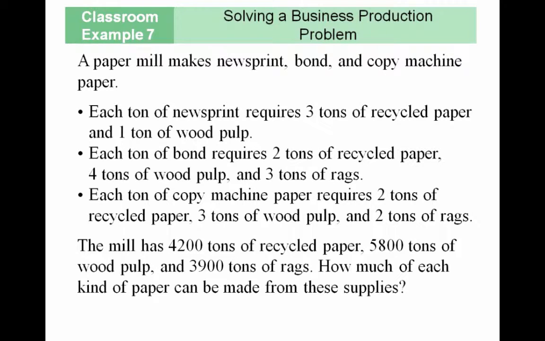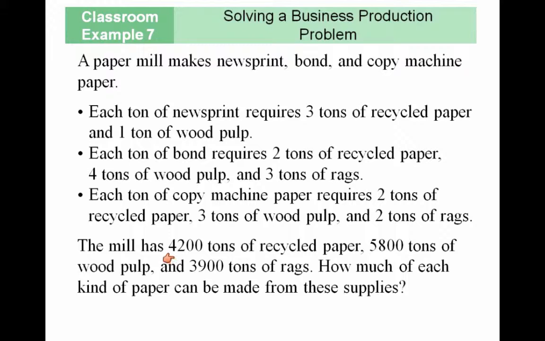So another example, setting up 3 equations and 3 unknowns. The paper mill makes newsprint, bonds, and copy machine paper. Each ton of newsprint requires 3 tons of recycled paper and 1 ton of wood pulp. Each ton of bond requires 2 tons of recycled paper, 4 tons of wood pulp, and 3 tons of rags. Each ton of copy machine paper requires 2 tons of recycled paper, 3 tons of wood pulp, and 2 tons